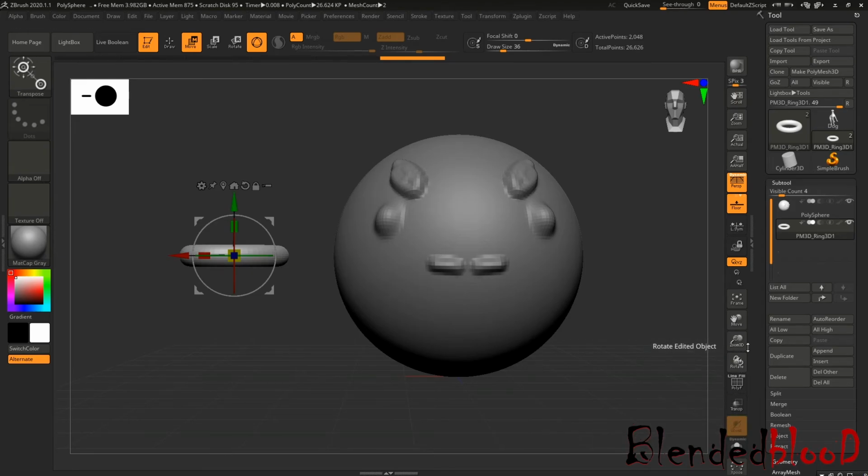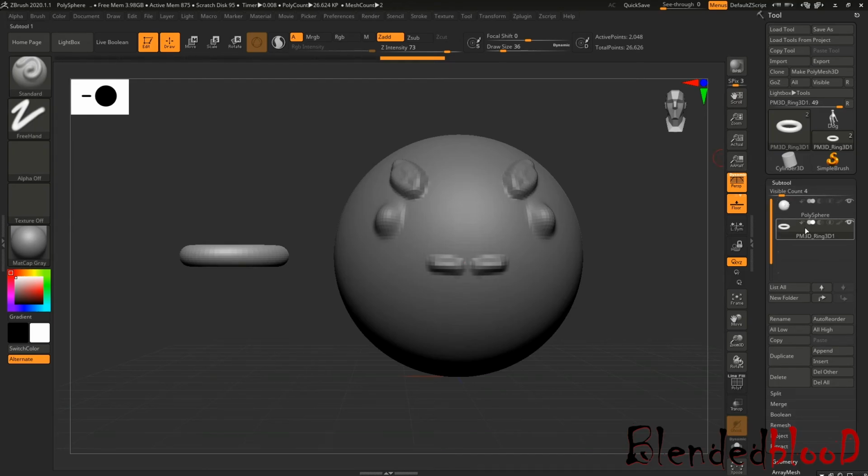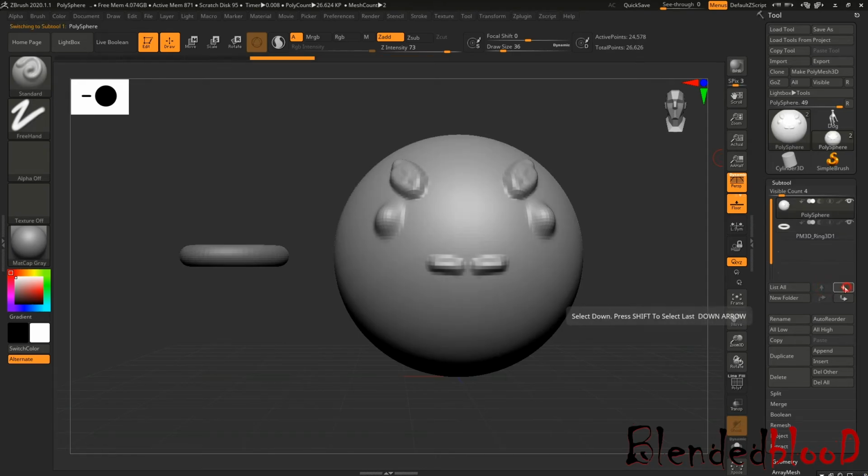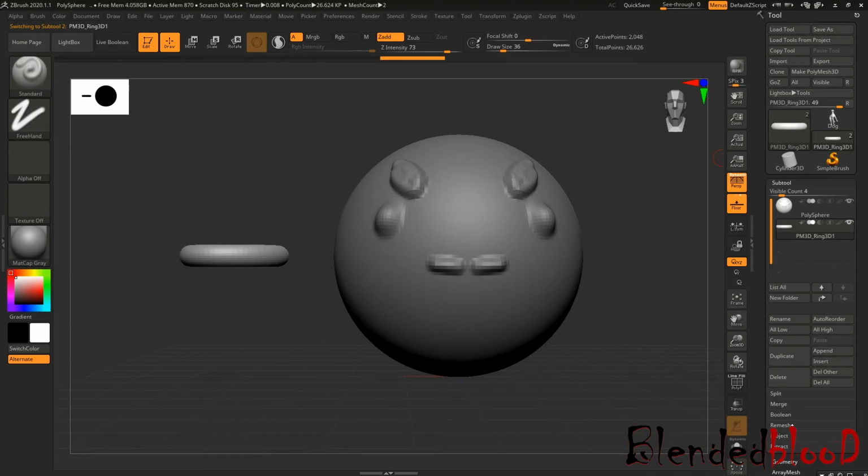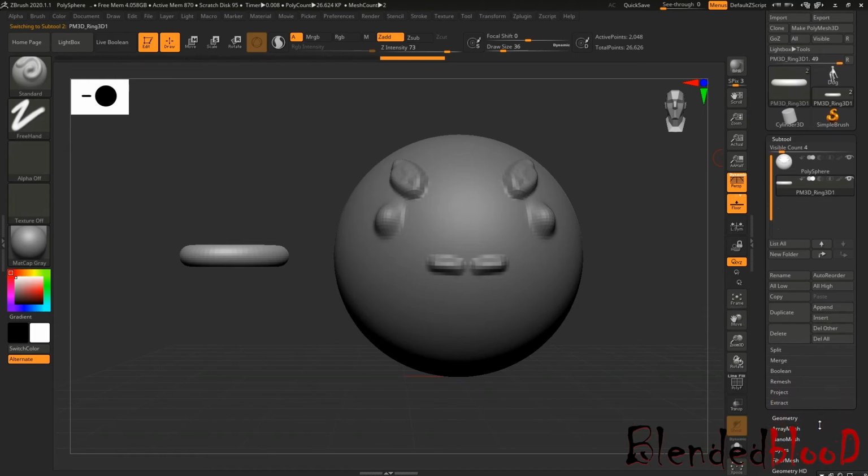And see, we got two layers, and if you have multiple layers, you just go by this arrow upward and backward.